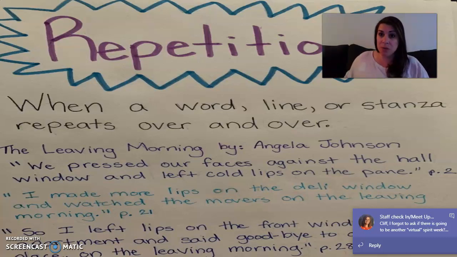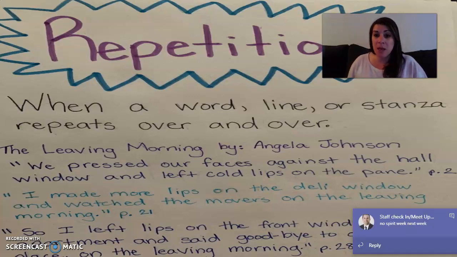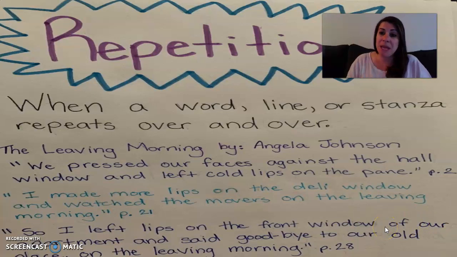But in second grade, one of the mentor texts that we use often is called The Leaving Morning by Angela Johnson. In that book, I want to show you a couple ways that Angela Johnson used repetition in The Leaving Morning. And the first way is on page 2, she said, "We pressed our faces against the hall window and left cold lips on the pane." So that's our